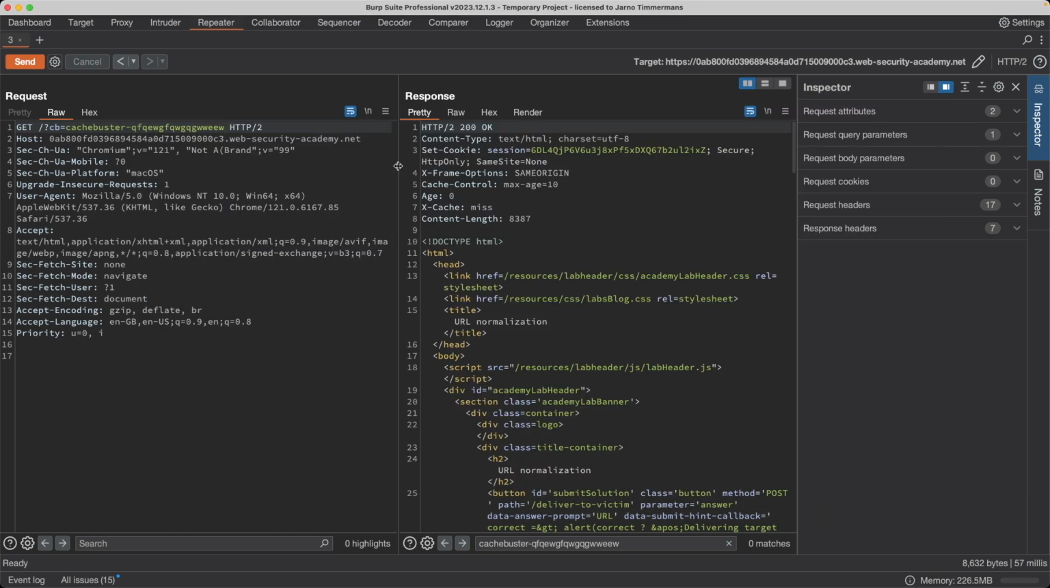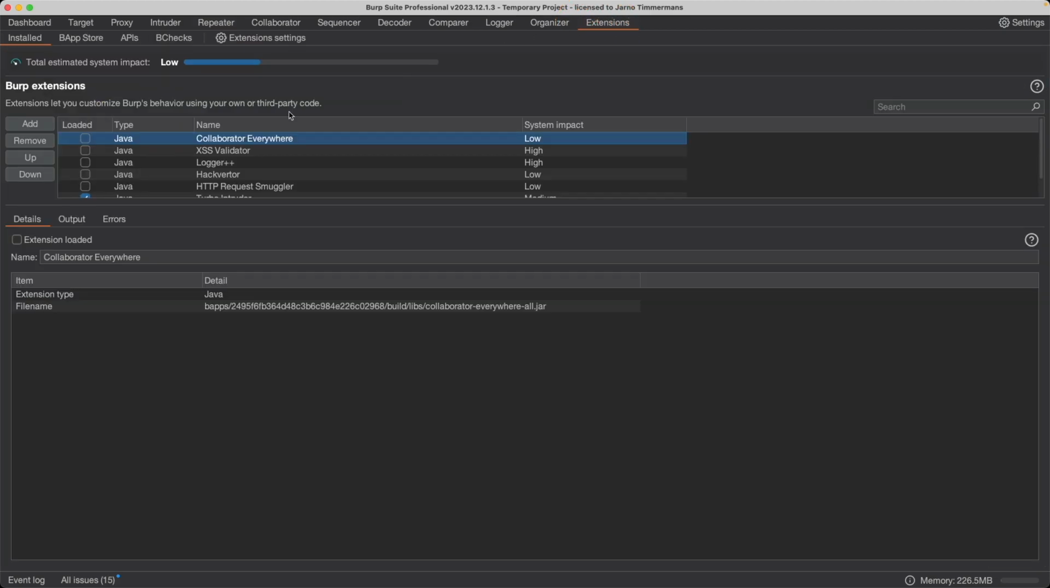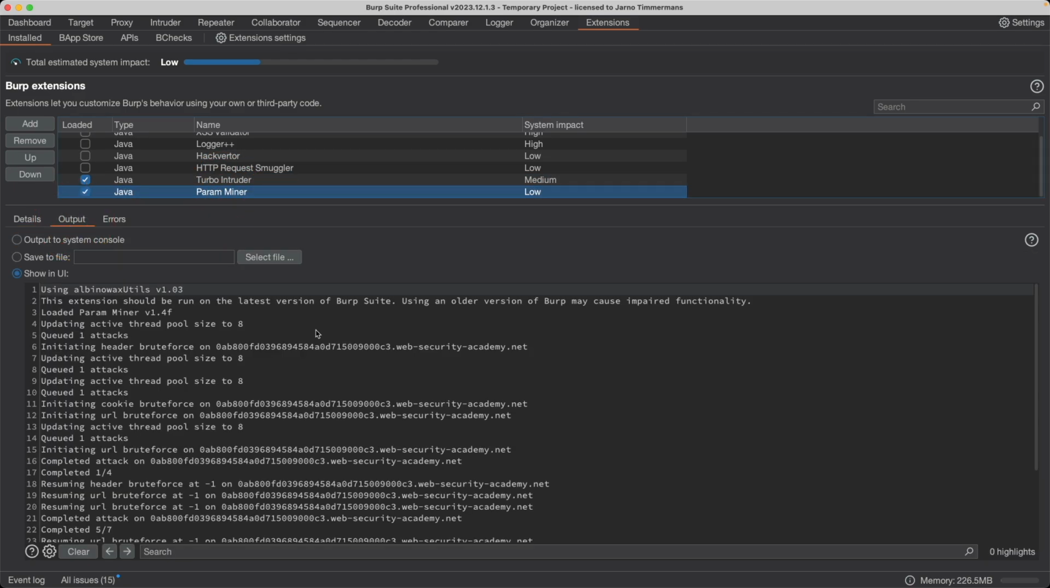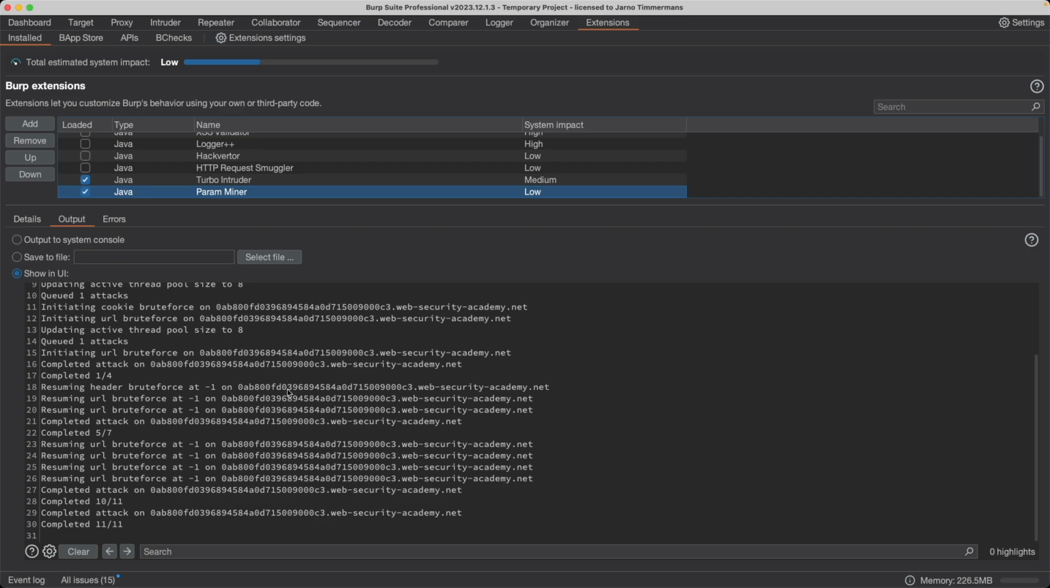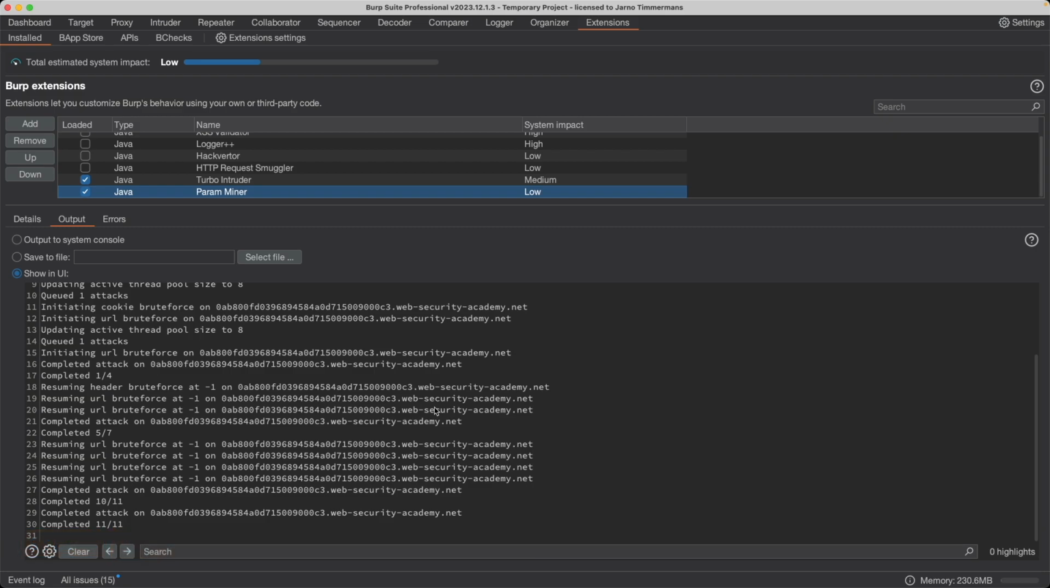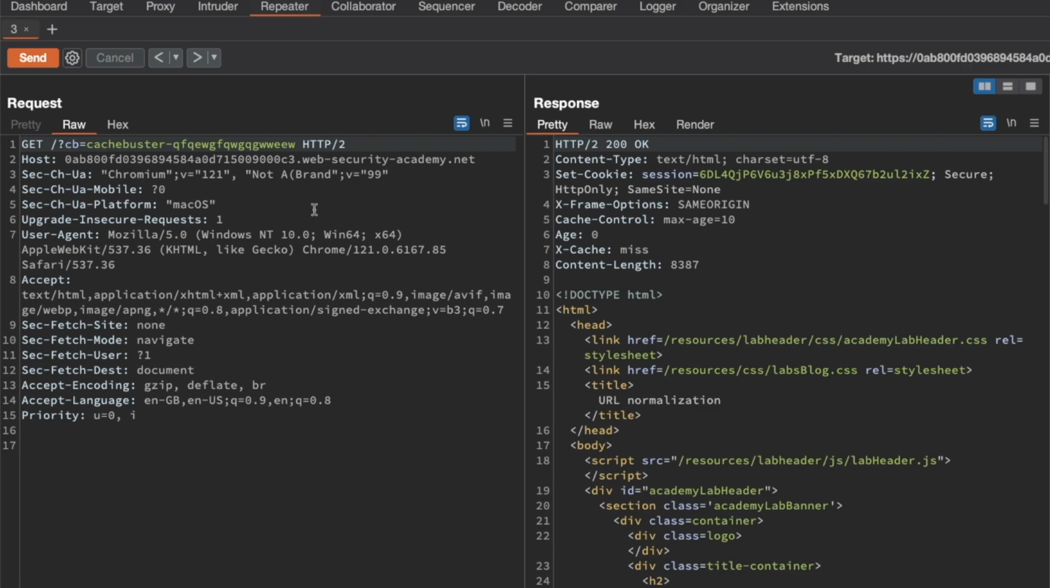And then under both the Professional edition and the Community edition, we can find the results under Extensions, and then go to Param Miner, and then go to Output. And here are the scan results, but as we can see, no unkeyed inputs were found. And without any unkeyed inputs, the next thing we can look for is normalization behavior by the cache. So I'm going to go back to Repeater,